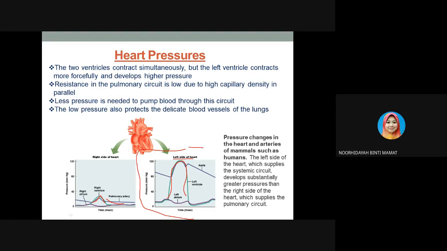So this is the pressure changes in the hearts and arteries of mammals such as humans. Okay, so the left side of the heart supplies the systemic circuit. Okay, so it develops substantially greater pressure than the right, because the right supplies the pulmonary circuit. Okay, so they have low pressure due to the high capillary density. Okay,